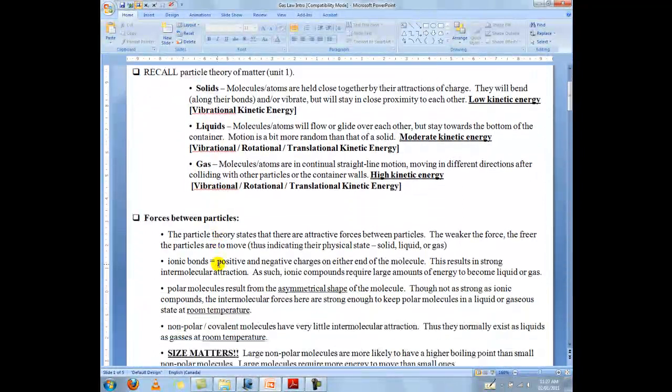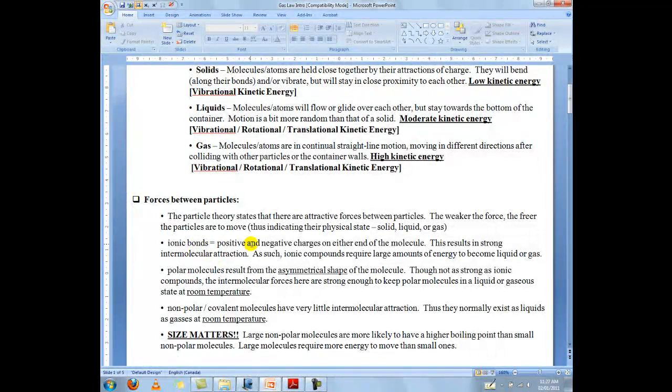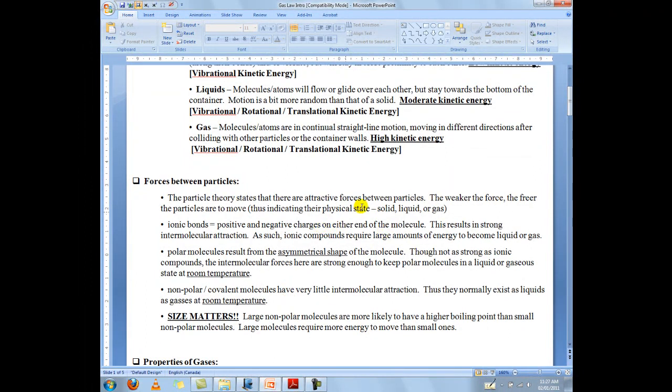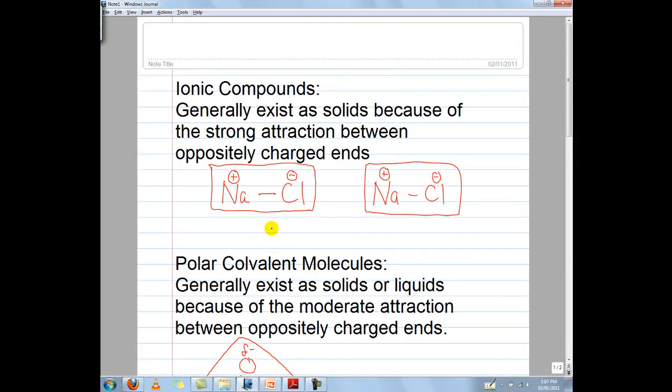For instance, ionic compounds tend to be solid at room temperature, while polar molecules tend to be liquid, and then nonpolar molecules tend to be gases at room temperature. It all relates back to the attractive forces between particles. So for instance, ionic compounds generally exist as solids at room temperature because of the strong attraction between the oppositely